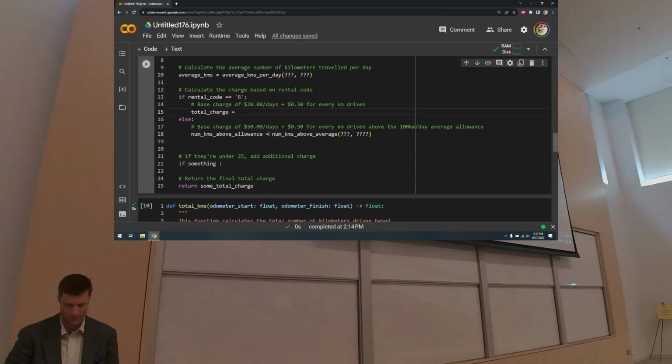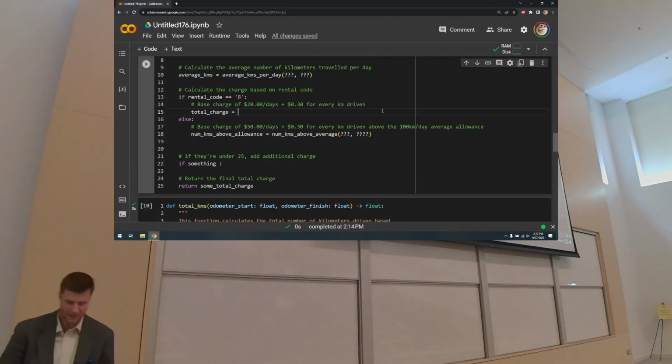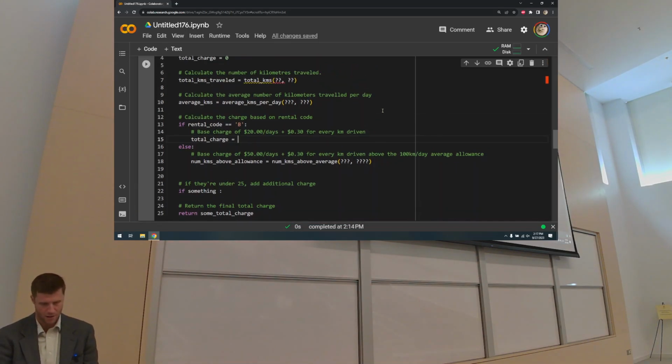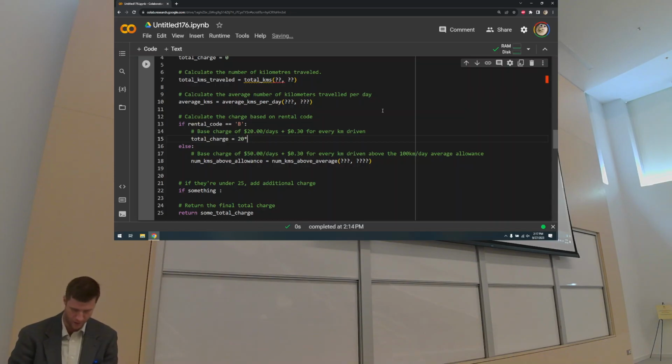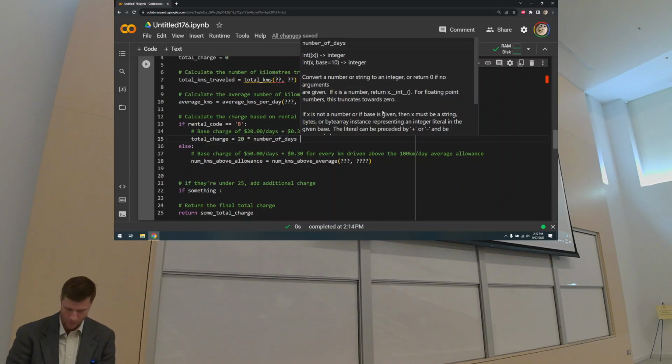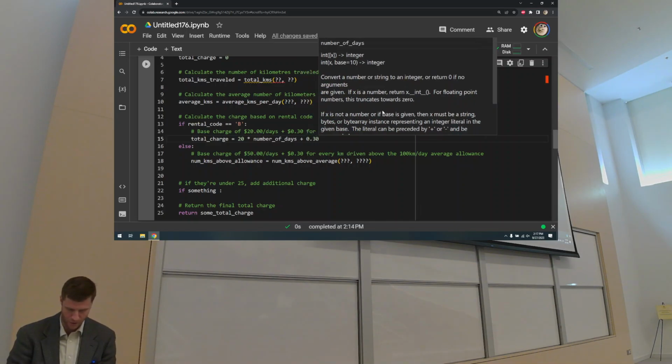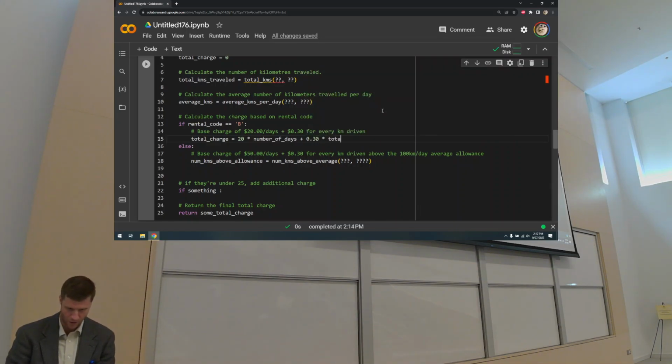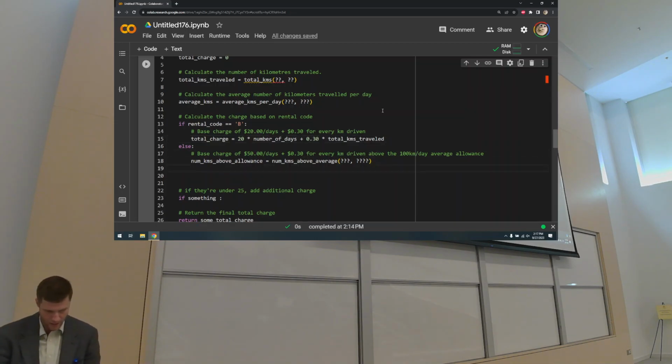But you know what? Let me not jump ahead. If it's classification code B, all I need is 20 times number of days plus 0.30 times total kilometers traveled. That's B's, right? I have all the pieces of information I need to do that calculation. Down here,